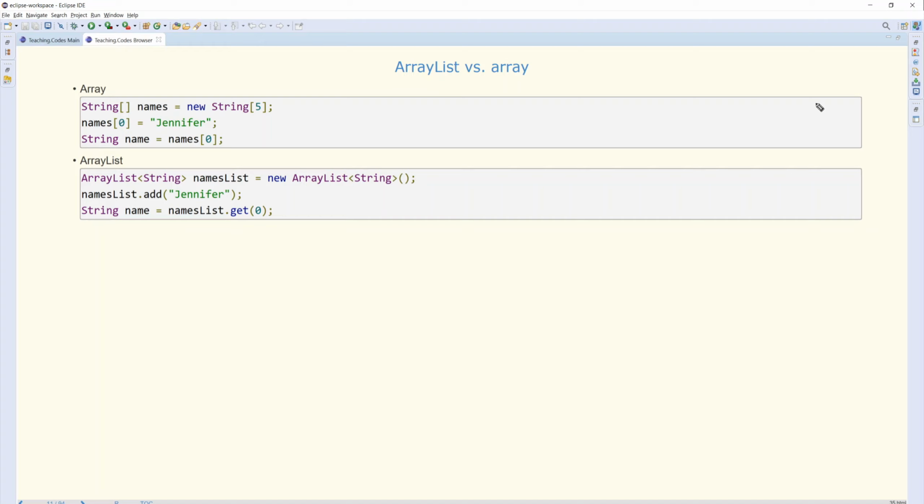Later, we can put values into this names array, saying names of 0 becomes Jennifer. Or you can define another variable, say name, which will be initialized by the element with index 0 of the array names. If you want to implement a similar thing in